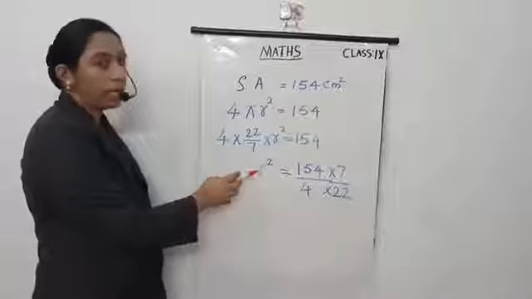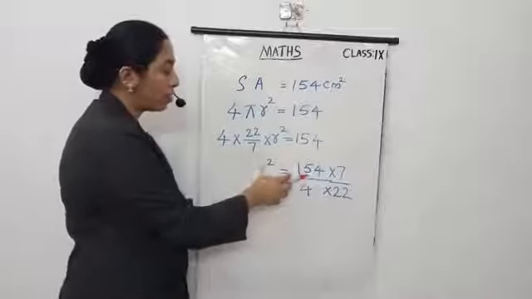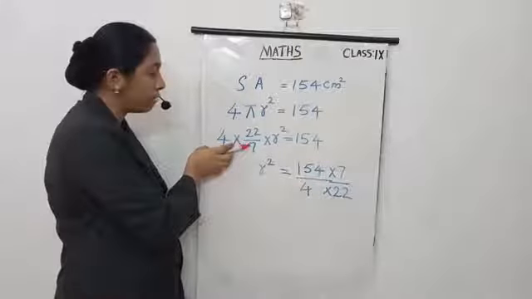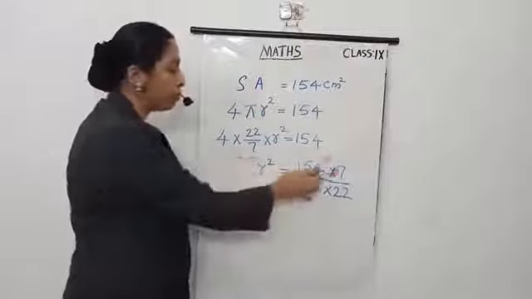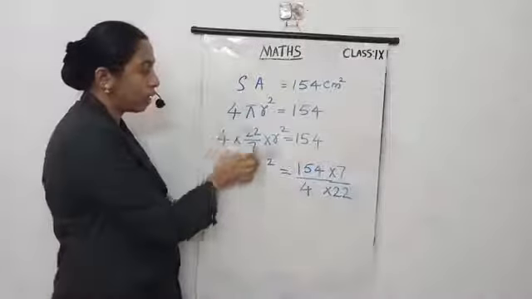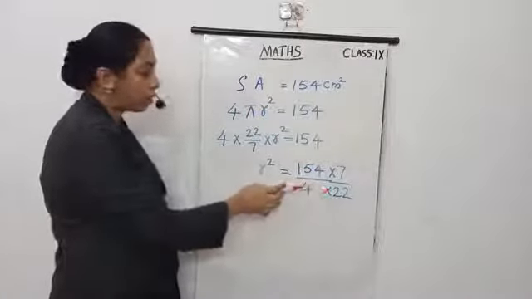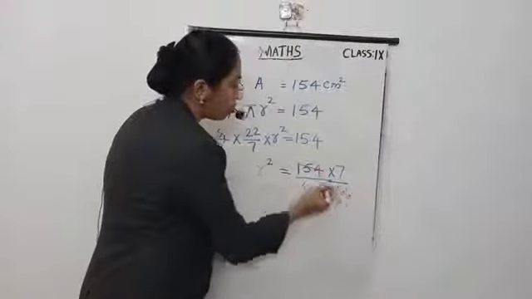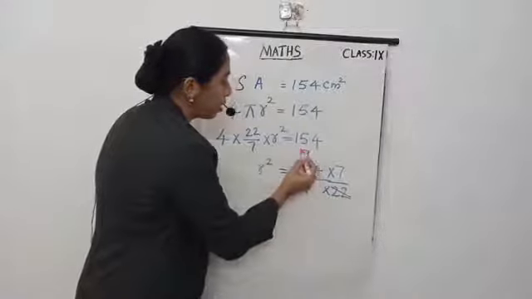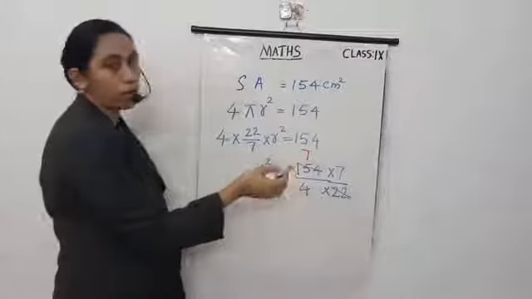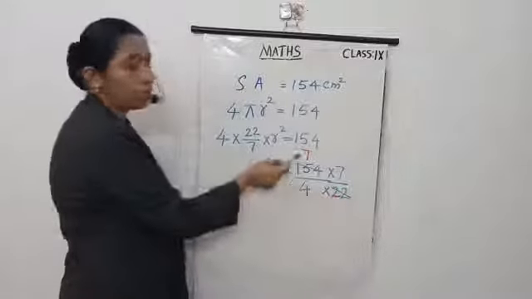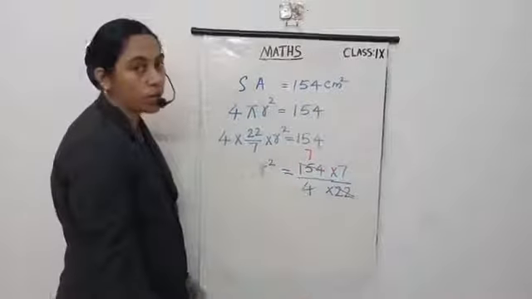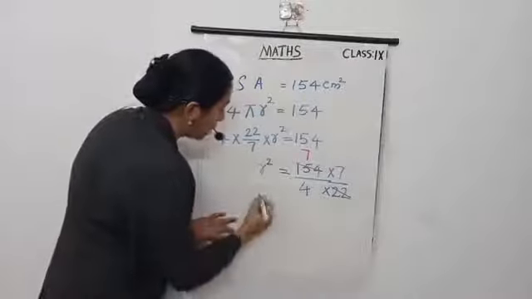7/22. So we get r square equal to 154 into 7 over 4 into 22. Here 7 is the numerator and here comes the denominator. Now 154/22, we get 7. You can do it in your working column. 22 into 7 we get 154. Now 7 into 7, 49. So r square is equal to